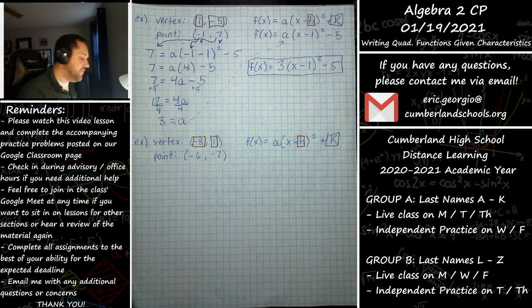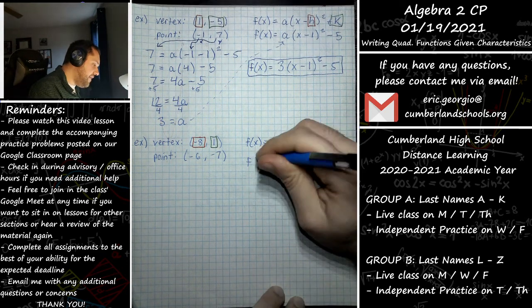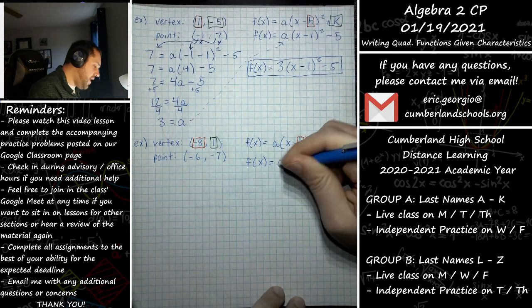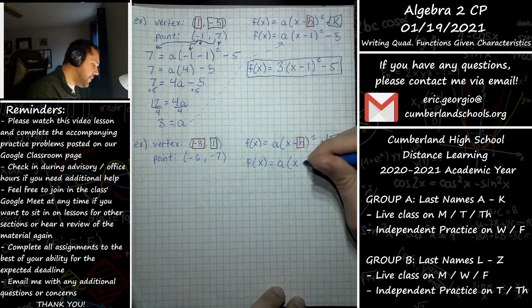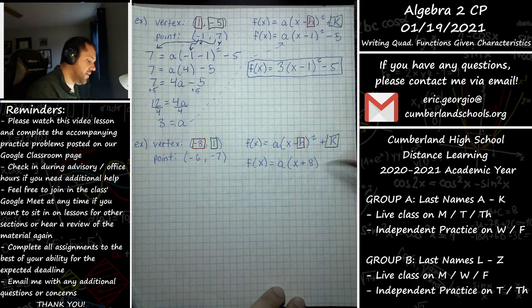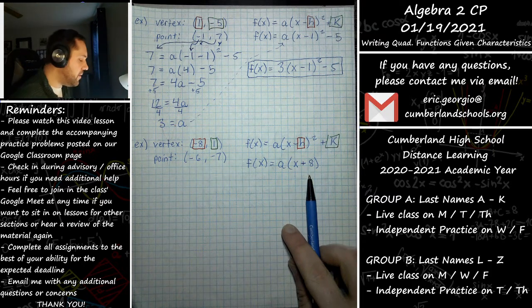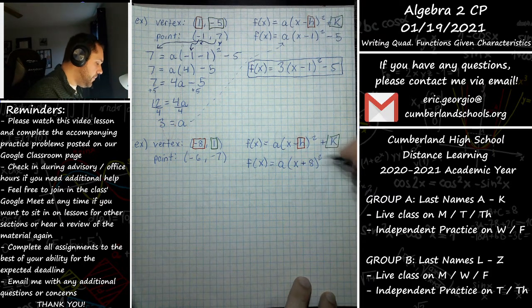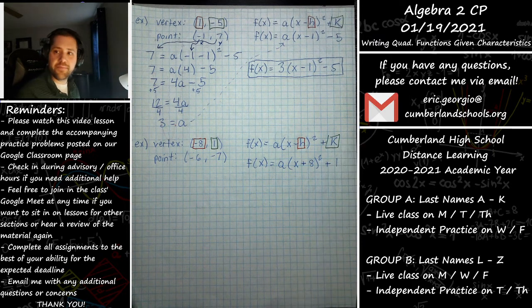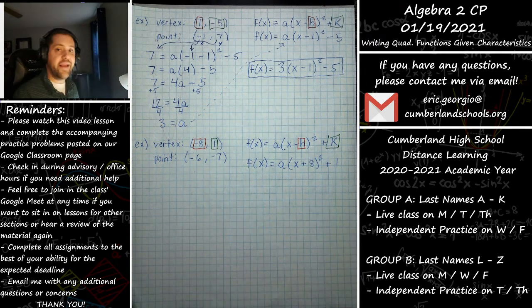To say, well, my function should start by looking like f of x equals some unknown a times x plus 8. In order to get that x-coordinate of the vertex at -8, that would have to look like x plus 8, remember? Squared plus k, so plus 1. All right. Now, I don't know what a is yet, but I can use my point to figure it out